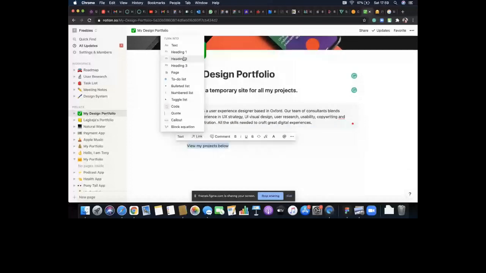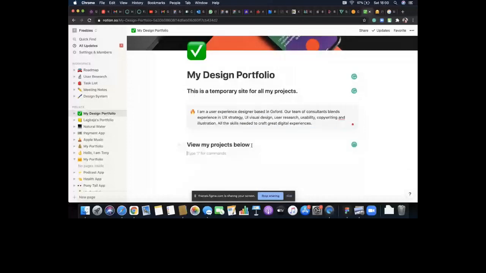I'm going to turn it into an H2, come down, type again as a normal text, but this time I want this to appear as a quote. So click on text and go to quote. Quote is right here, and so this is it here. I can change the content of